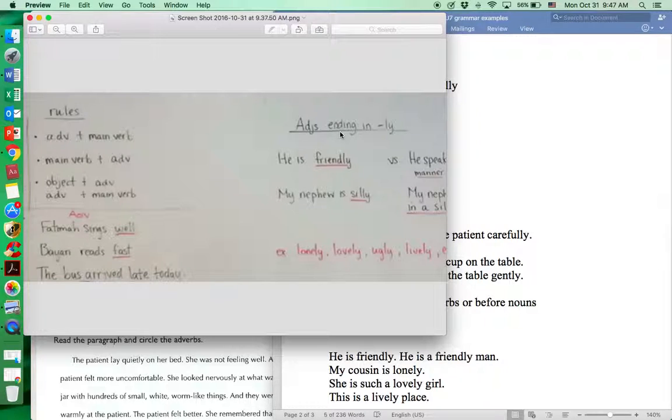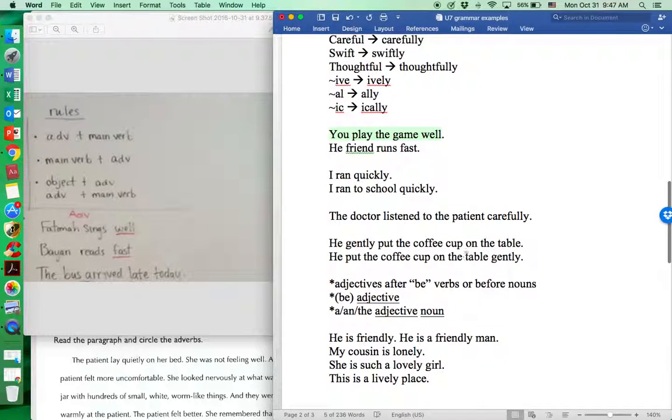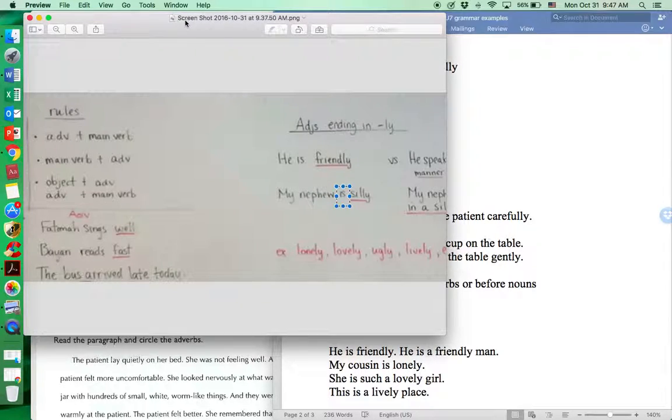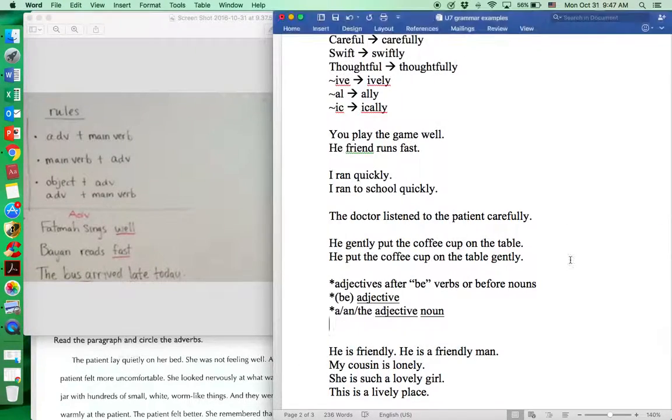Okay, going over here, we can see these are not adverbs because they come after be verbs, right? He is friendly. My nephew is silly. These are not adverbs because adverbs don't come after be verbs. We will not use adverbs to describe be verbs. Right, if we want to use something like silly to describe somebody in a way other than this, or to describe a noun, describe a verb, then we're going to say,